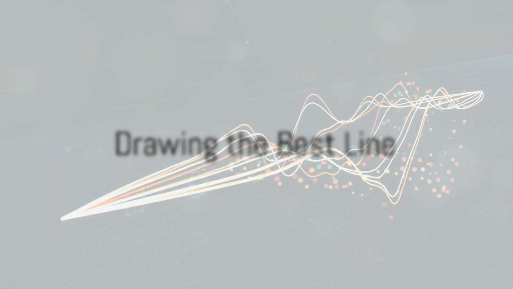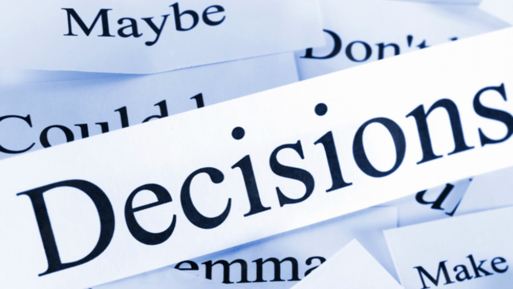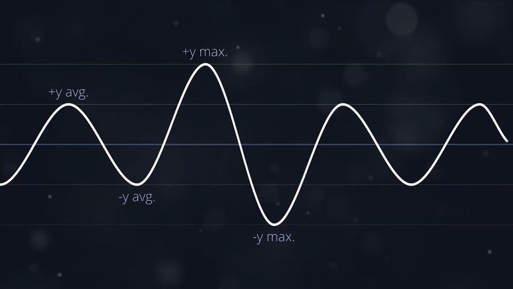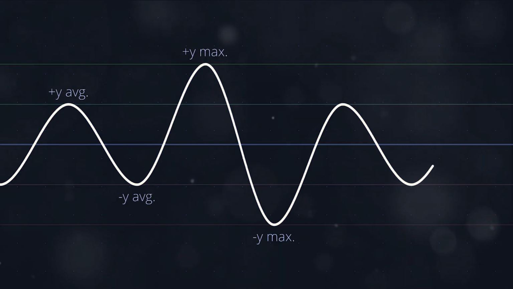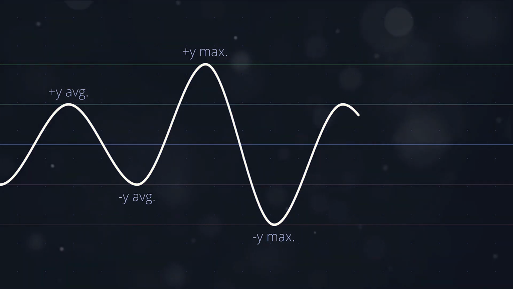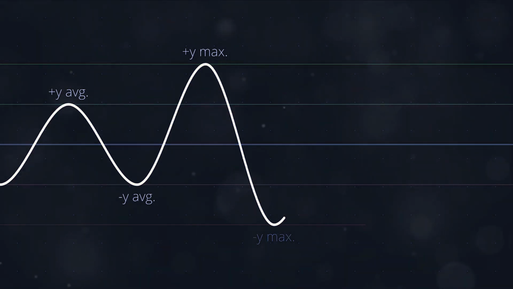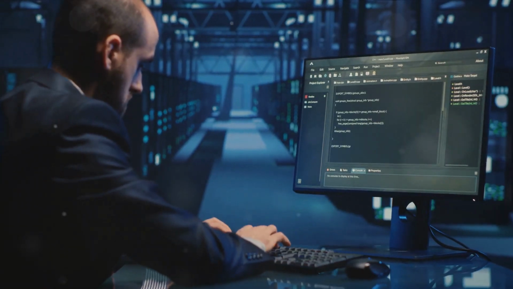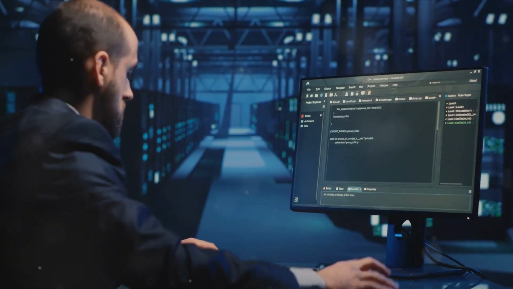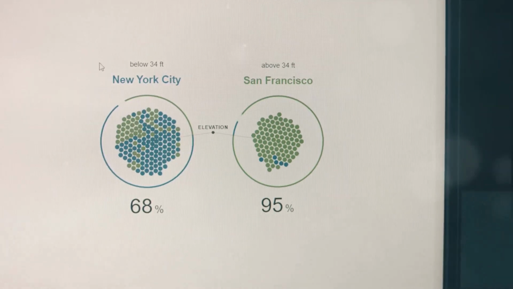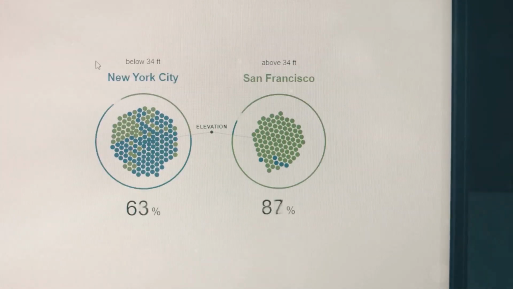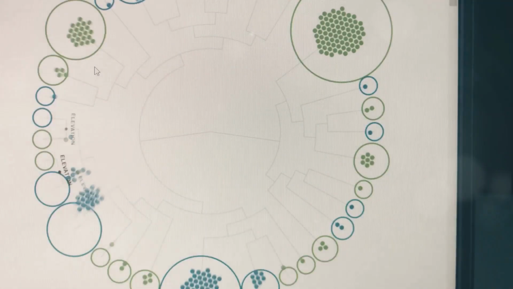But here's the catch. There could be countless ways to draw this separating line. So how does our smart artist decide? This is where the magic of SVMs comes in. SVMs don't just draw any line, they draw the best possible line. The best line or hyperplane is the one that maintains the maximum margin or distance from the nearest data points of all groups. These crucial data points are our support vectors. The wider the margin, the better the hyperplane, as it ensures a clear distinction between groups and reduces the chances